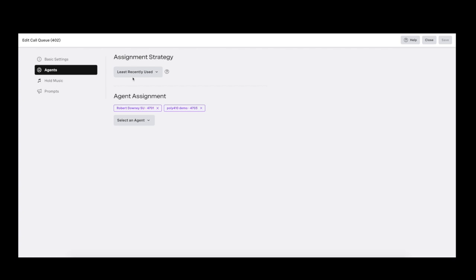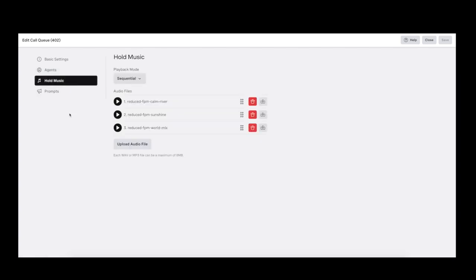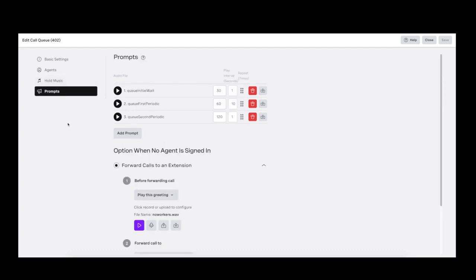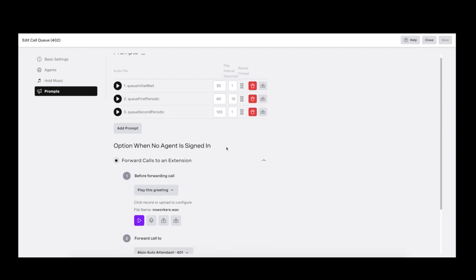I can go in and set this up in several different ways, including a tiered based deployment. I can set it up as a least used. I can set it up to ring all agents, or I can set it up in random. I get custom hold music for this queue where I can do custom messaging. I also have comfort prompts that allows me to say, "Thank you for calling. Please stand by. Someone will be with you shortly." And after a period of time, it will come back and say, "We are experiencing higher call volume. Please stand by. While you're waiting, please visit our website," etc., etc. I can also program the system what to do when there's no agents available. Do I want to send it somewhere else, send it to another queue, send it to a voicemail, etc.